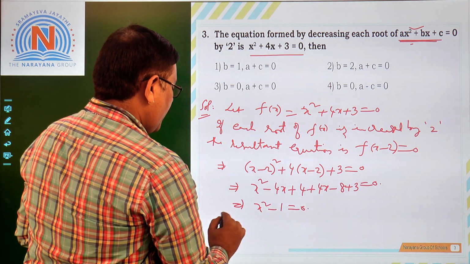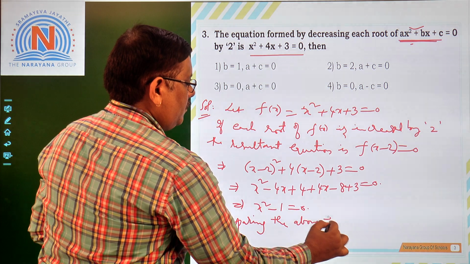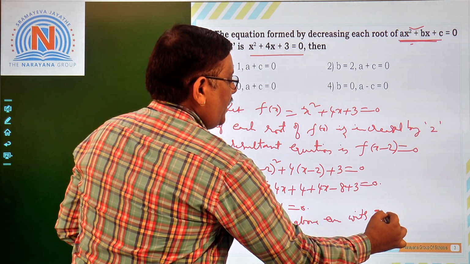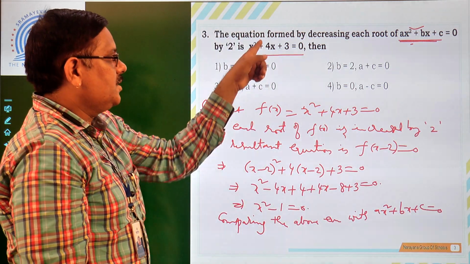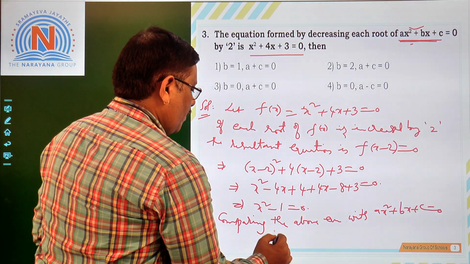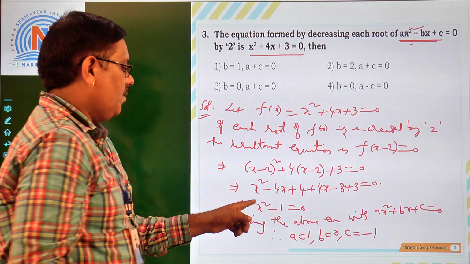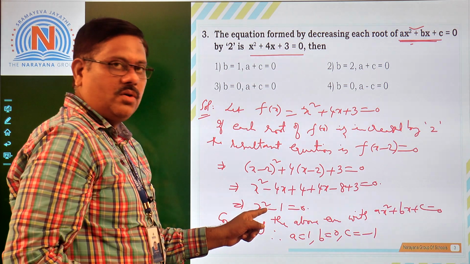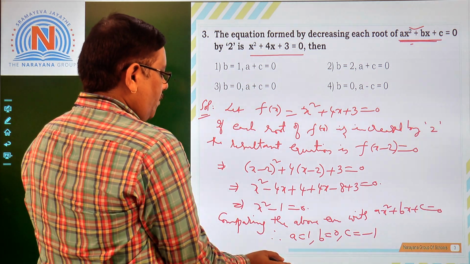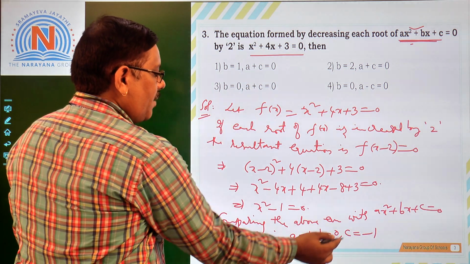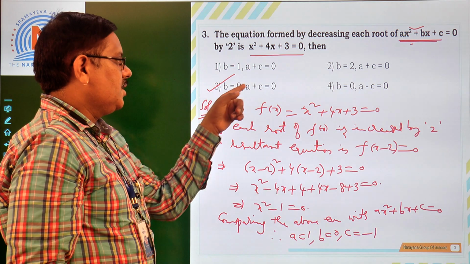So here, comparing the above equation with ax square plus bx plus c is equal to 0, because it is nothing but this equation, ax square plus bx plus c is equal to 0 according to the given statement. Therefore a will be 1, b will be 0, c will be minus 1. The x square coefficient is a, that is 1. There is no b term, it means b will be 0, c is minus 1. So out of the given options, b is 0, correct. If you add a and c, a plus c is 1 minus 1, that is 0. So the third option is the right option for us. b is 0 and a plus c is 0.